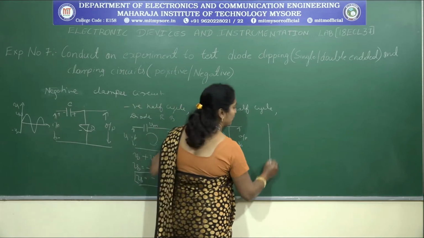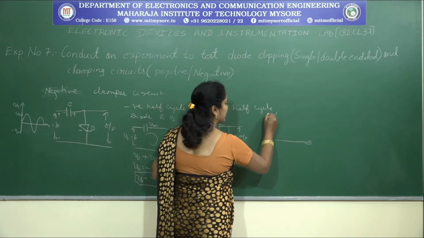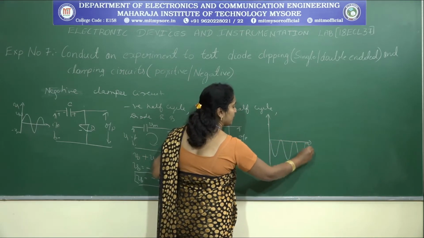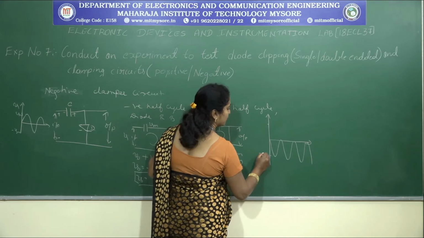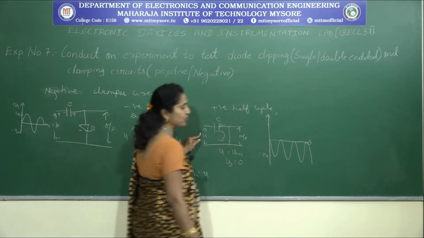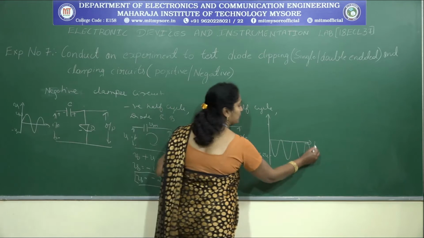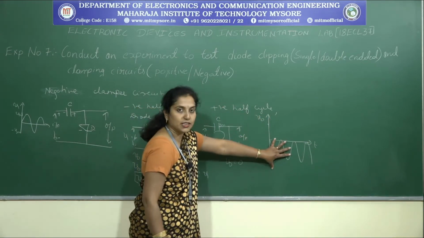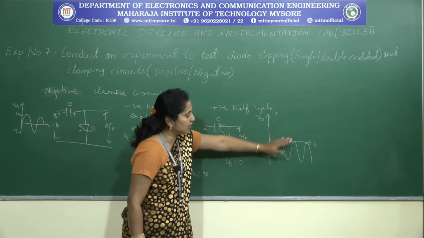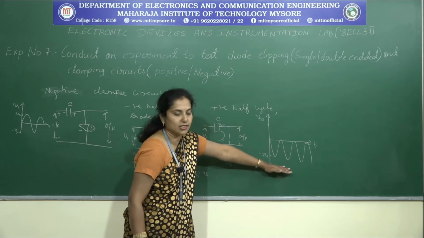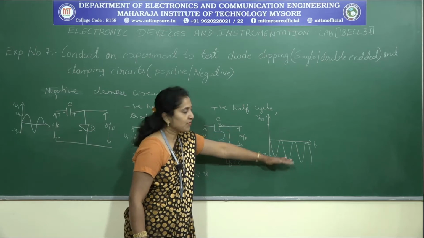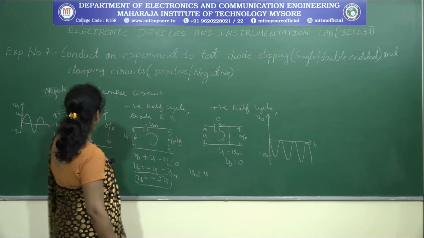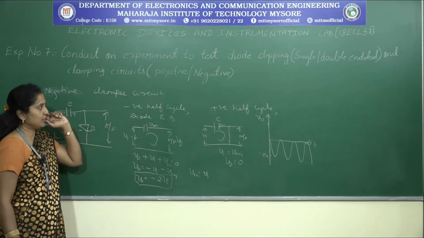So how do you get the final output? It is going to shift negatively 2 times, so this is the minus 2 Vi shift. This is the time period you are having, and this is the V0 output. So without changing the appearance of the input signal, it is going to shift the DC level to the negative side. This is how the clamping circuit works on the negative side.